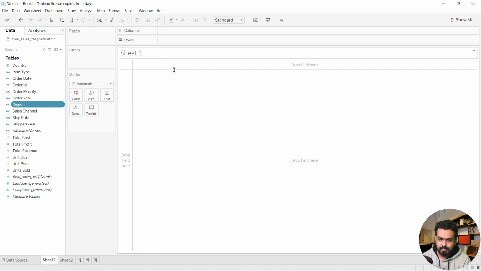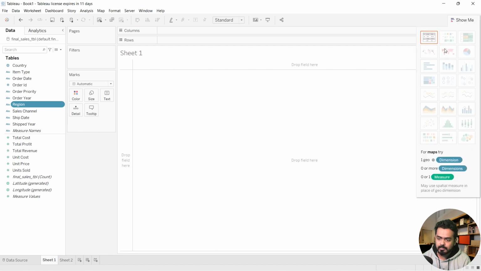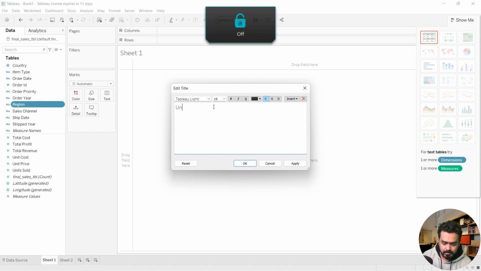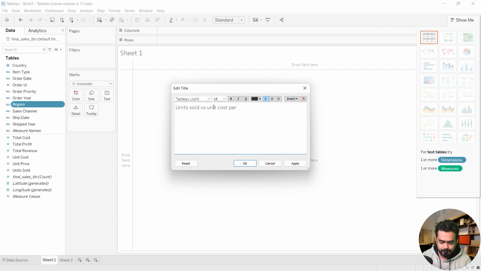And so here we have a concept of rows and columns, right? So I can even see all the different types of charts over here, right? So first let's try to visualize units sold versus unit cost for the particular region. Okay, so let me try to visualize that. That is units sold versus unit cost per region,